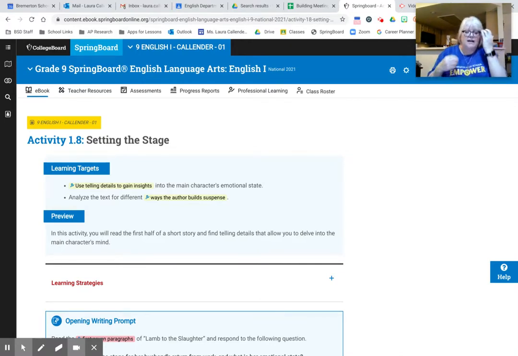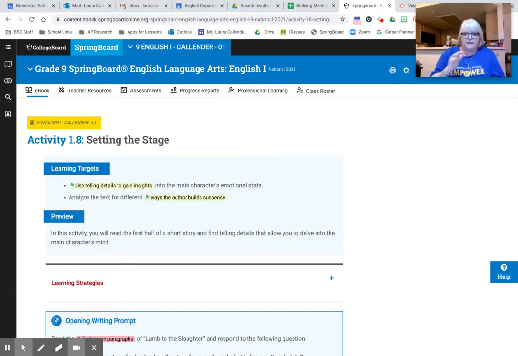Now, of course, in order to modernize filmmaking, they're twisting irony a little bit, and sometimes changing that up. You open the door and boom, there's no one there. That's to extend that idea of suspense. So hopefully you have a chance to watch those videos, so you can see how authors build suspense in stories and in film, and we're going to talk about that with this particular story.